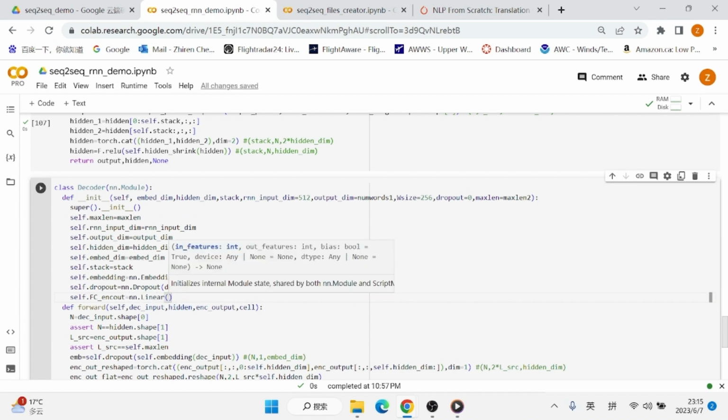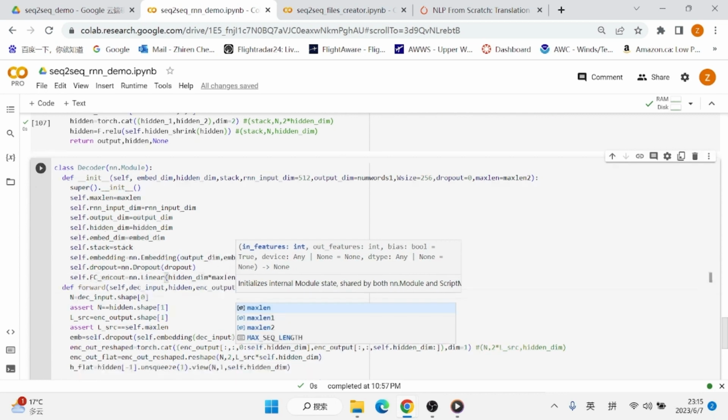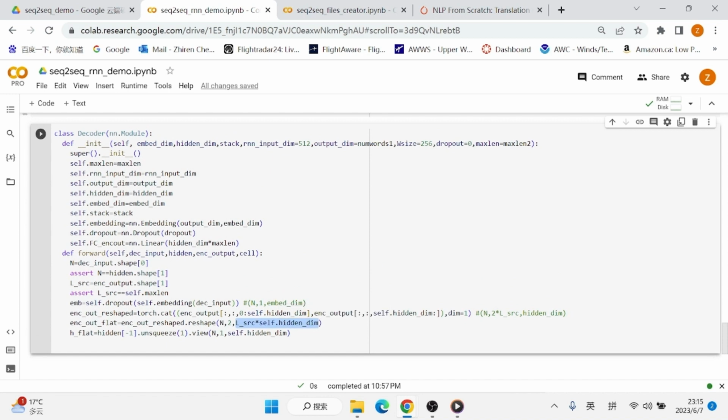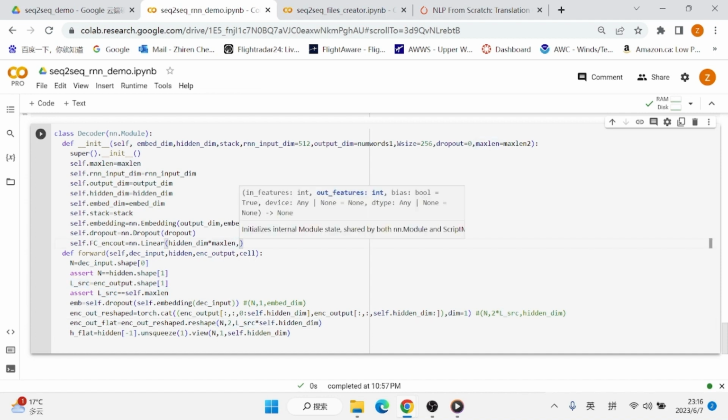Or taking an input with the last dimension of hidden dim by max length, right? Because here is the hidden dim by max length. This max length and the length of source are equal, and the output will be, we'll swap this hidden dim with the W size. So W size by max length,